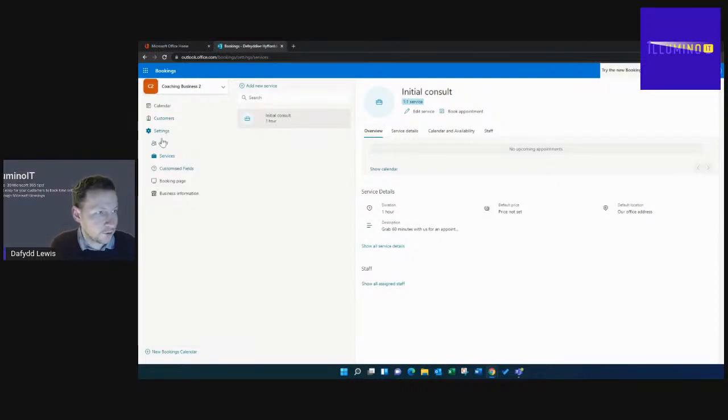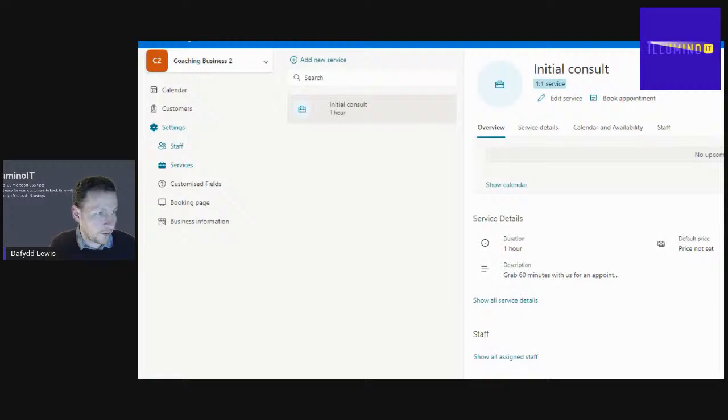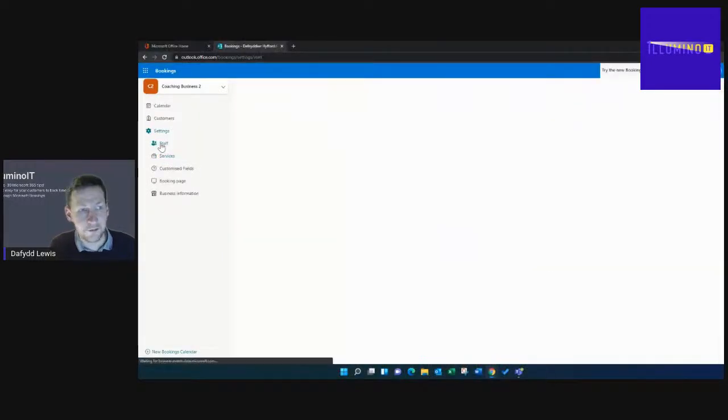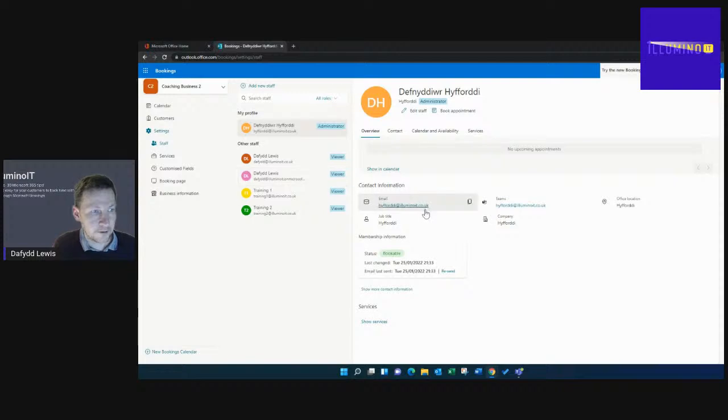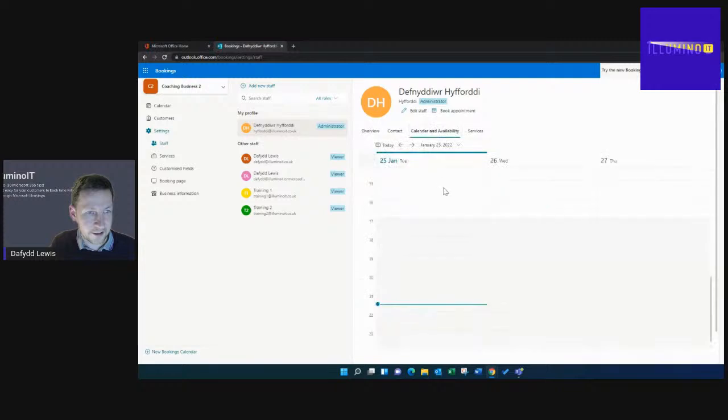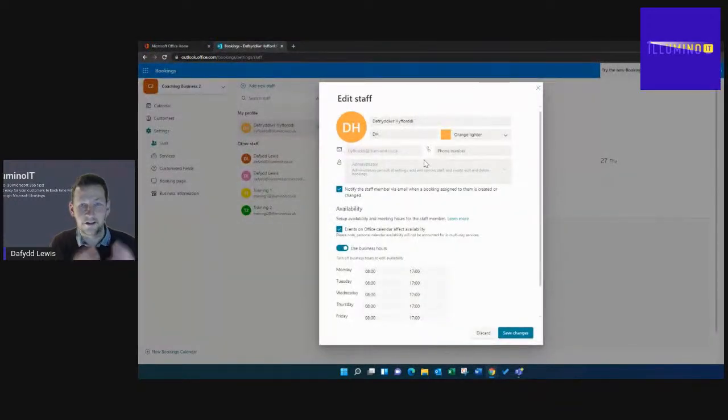So we are now in our settings here. Let's go to staff. Okay, so here are our staff, and we've got 5 staff there. So these are all staff that are available potentially for me to use here. I can then have a look at their availability, for example, and I can then edit a staff